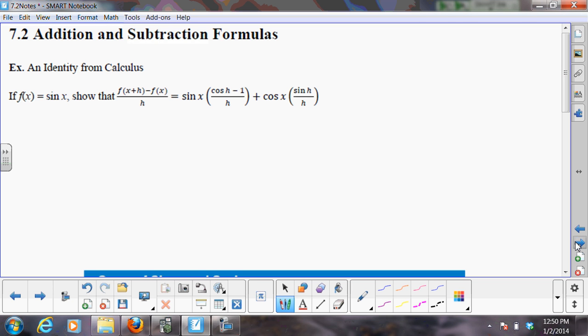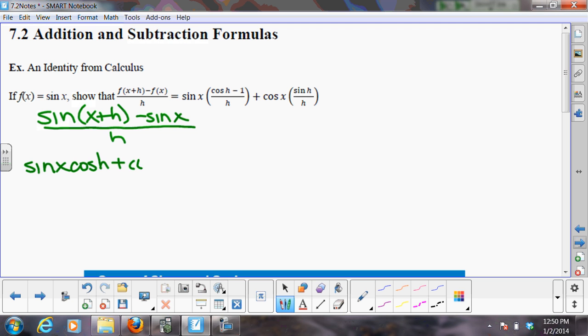Are we ready? So I want to show that using the difference quotient, it's going to equal this function at the end, given that our function is just sine x. So I'm going to plug in sine(x plus h) minus sine x, all over h. Now that looks really simple, doesn't it? Except for the fact that sine(x plus h) now needs to expand using the addition formula. So sine x cosine h plus cosine x sine h, and then minus sine x at the end,